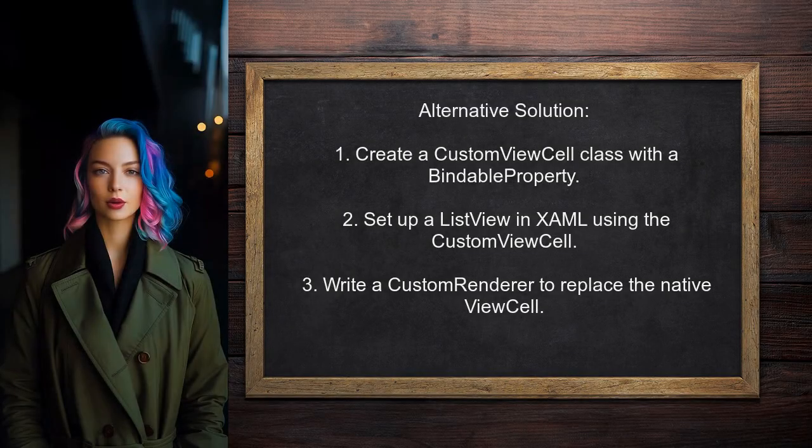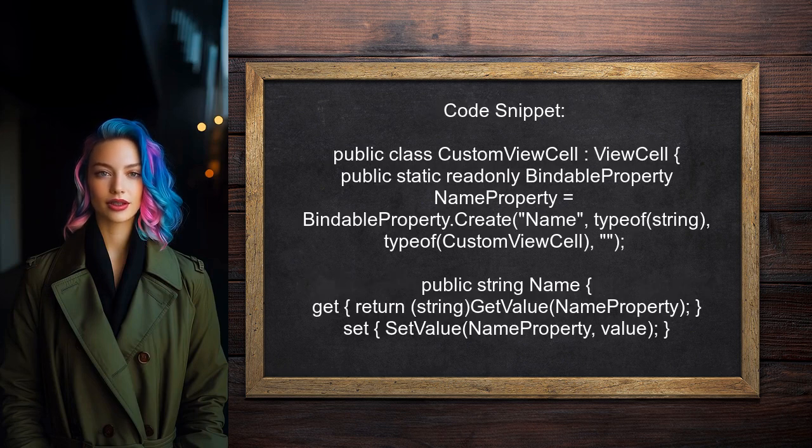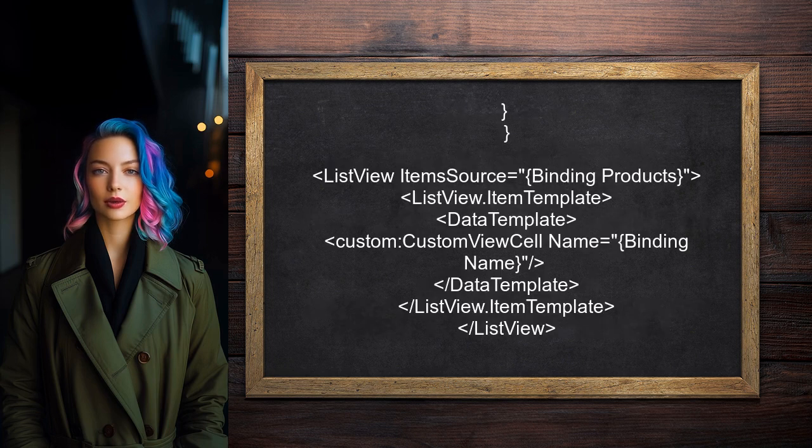An alternative solution to the black cell issue during fast scrolling in Xamarin UWP is to create a custom view cell. This user fixed the problem by implementing a native data template. They suggest starting by defining a custom view cell class with a bindable property for the name. Then, in XAML, you can set up a list view that uses this custom view cell. Finally, they recommend writing a custom renderer to replace the native view cell with your custom implementation, ensuring smooth scrolling